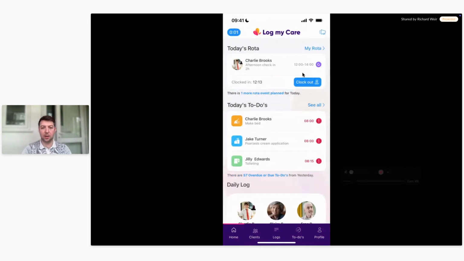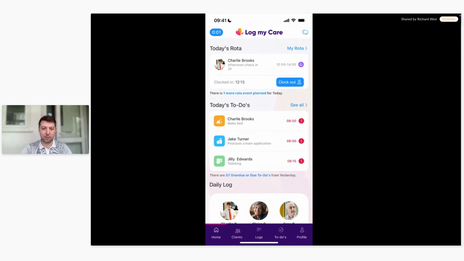Fab, that's pretty much everything that the carers would have access to in terms of the rota here. Obviously, they could then clock out from here, and that's going to feed through to your reports. But if we have a bit of a closer look at how that looks from a management perspective as well, you can see here in the care office,